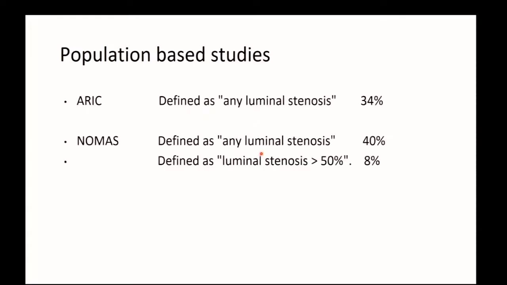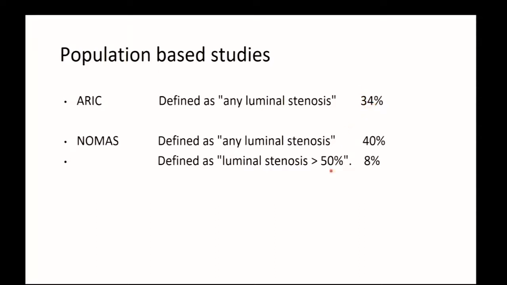These are the patients who came into the hospital and had a stroke. How about patients who are just living at their homes, minding their own business? We want to get a feel for the burden of ICAD in the community. So we have two population-based studies. One of them, ARIC, started in the 1980s. ARIC was a population-based study. They went to healthy people at their houses and longitudinally followed these patients for more than 30 years in 4 major U.S. cities. They ended up doing an MRA on 1,900 patients, and they found what you may call ICAD in 34% of